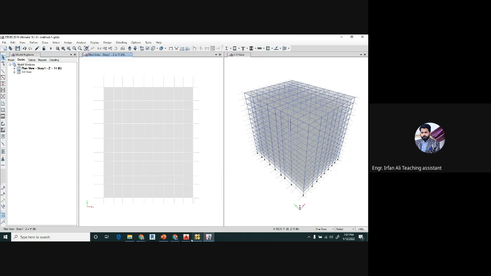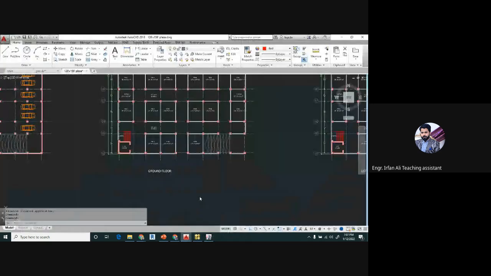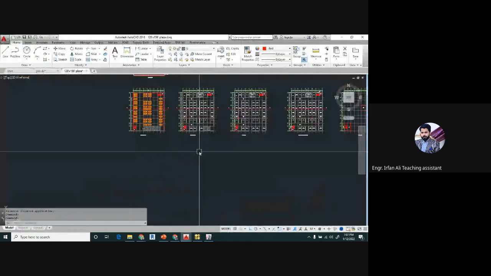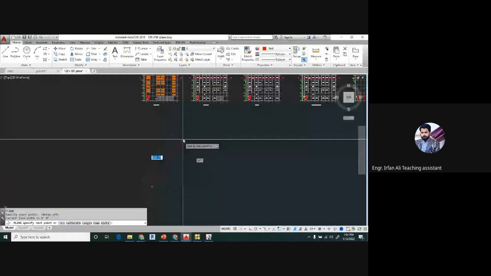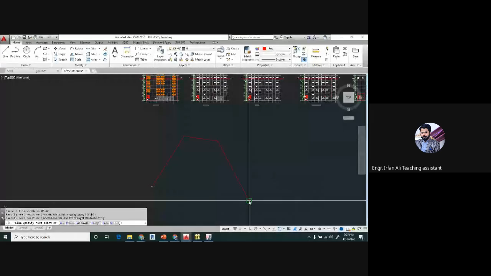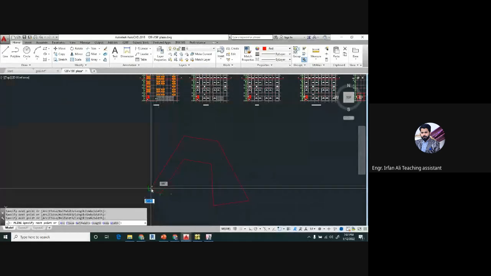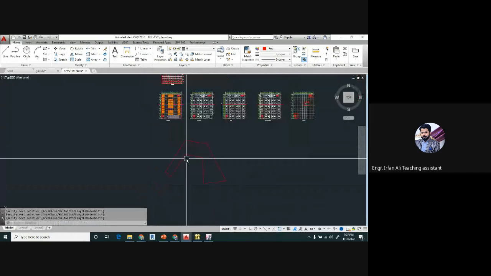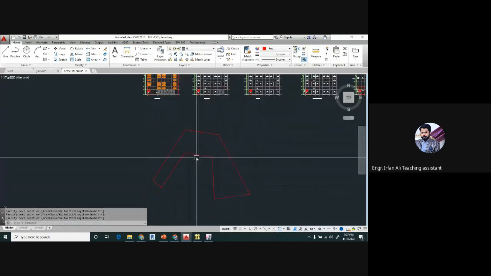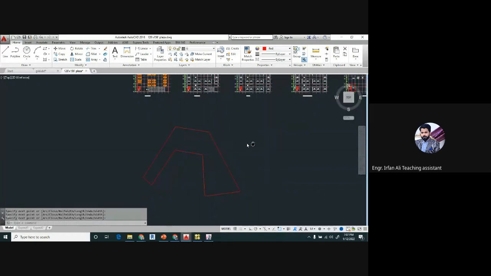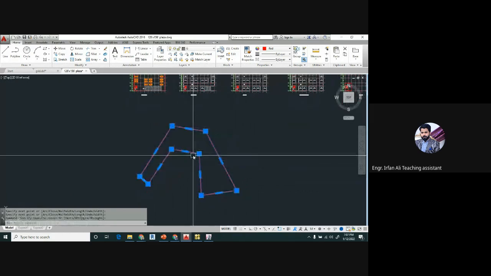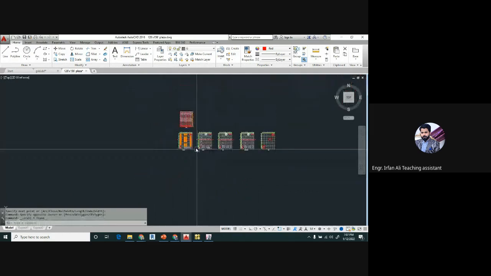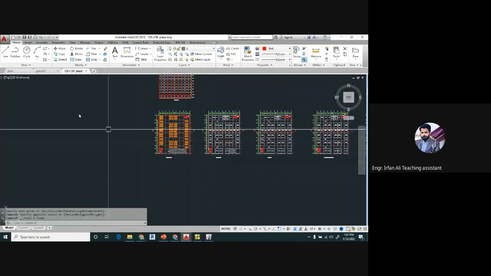For example, if you have a very irregular structure, for example, if you have a structure like this, and there are different columns, and you do not want to use any grid lines, or you cannot use grid lines because its orientation will be different. So for this type of structure, or any type of structure, regular or irregular, you can import your column plan into ETABS. Again, let us go towards the Save As